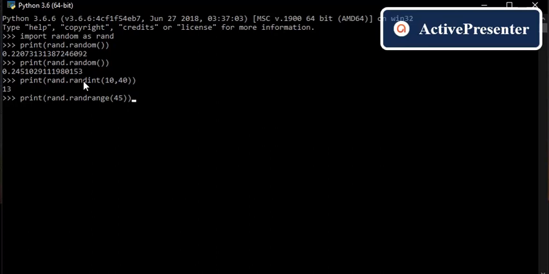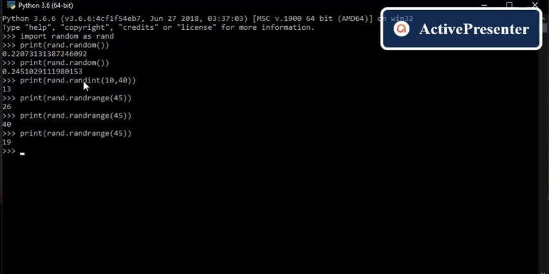This 45 is the so-called stop value. Whatever number you are getting, that will be below 45. It is a stop value. You can get 0 to 45.